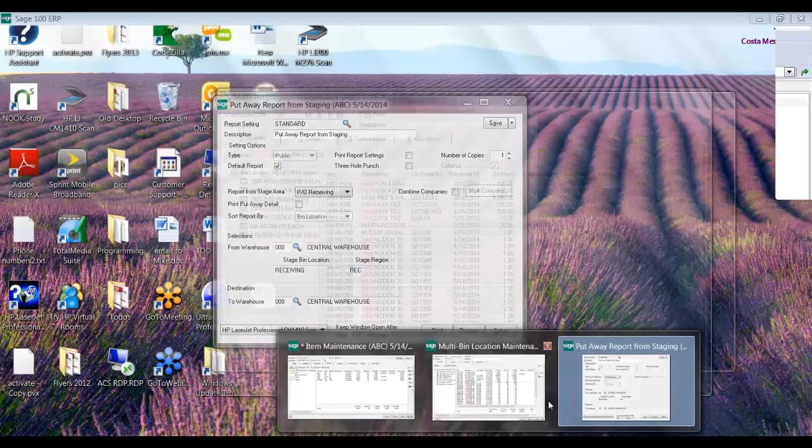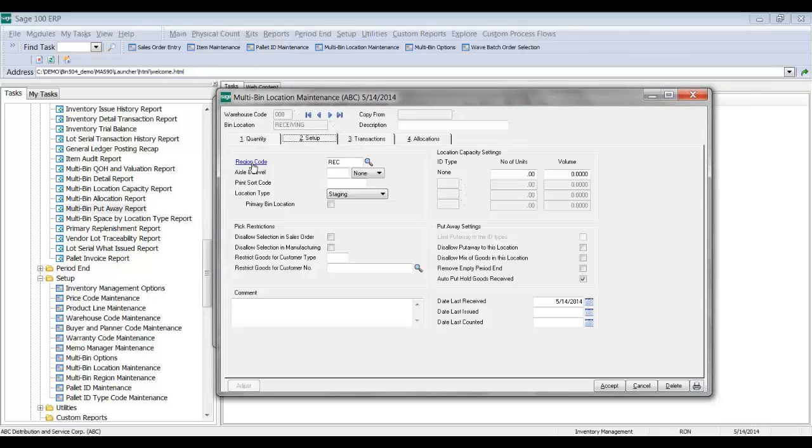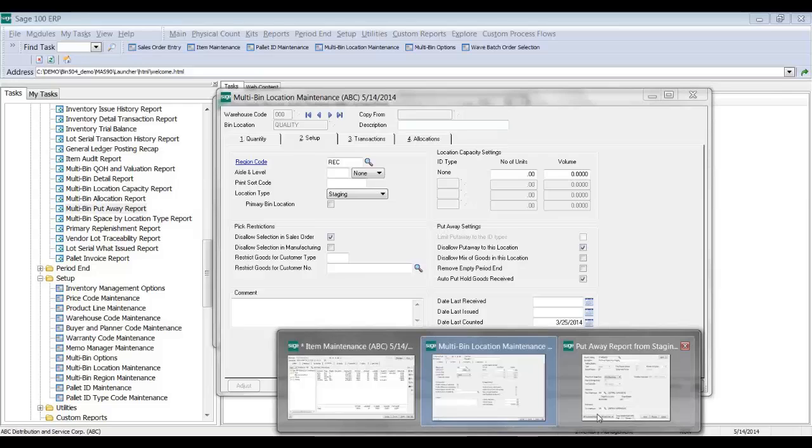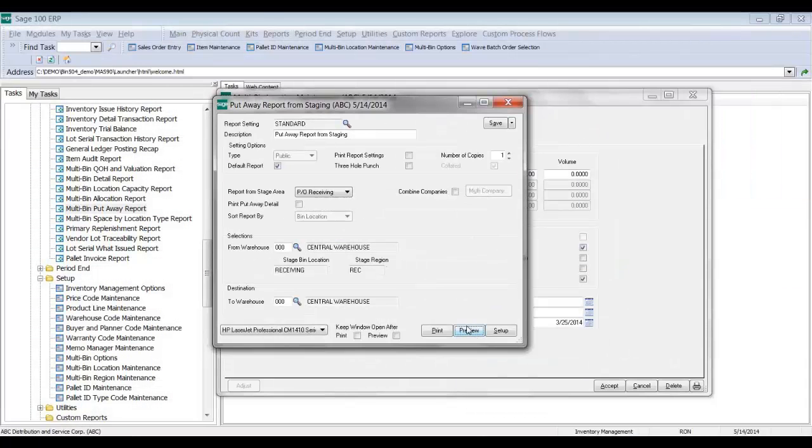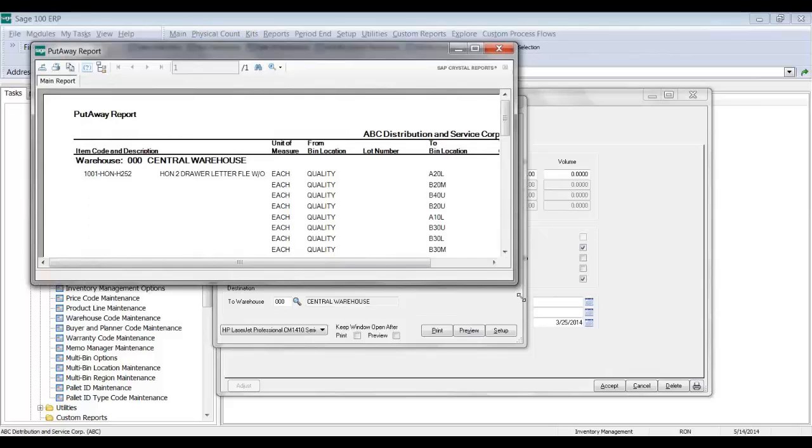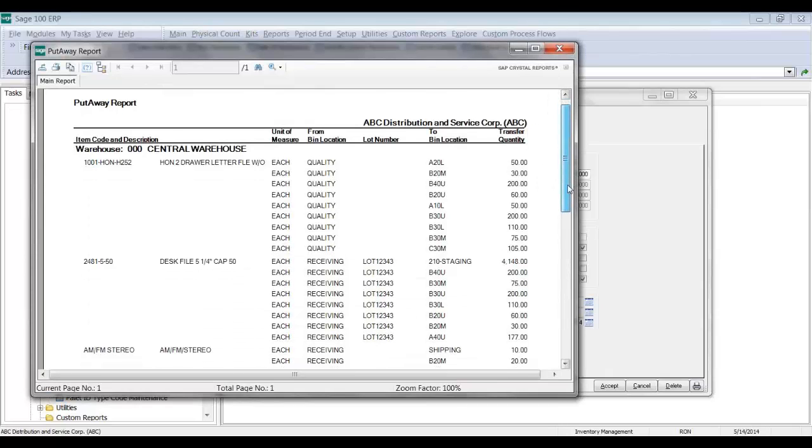So if I were to go in here, see how in the region code I select REC, and in quality control I have REC2. This way the system will look at the REC as a group of bin locations, staging locations that are waiting for goods to be put away. And the report now will look at all goods that are not on hold and give advice to put them